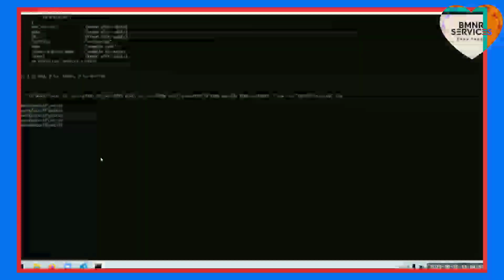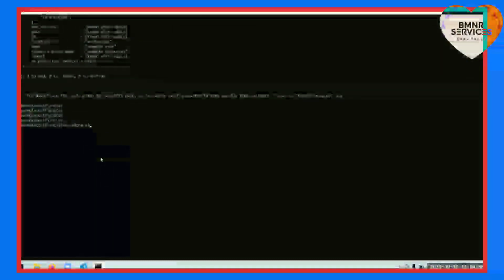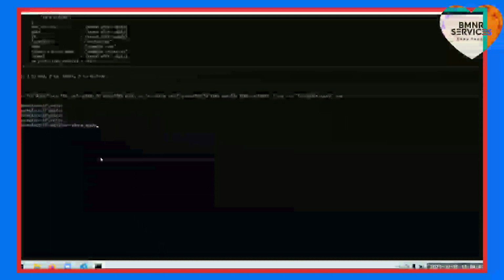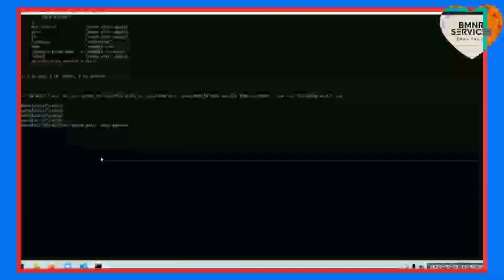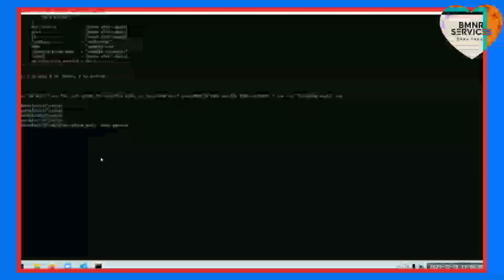Now let me apply it. Terraform apply. If you are very sure about the above plan, what you can do is auto approve. If you give this, it will not ask yes or no. Confirmation will not be there. So please do not give it